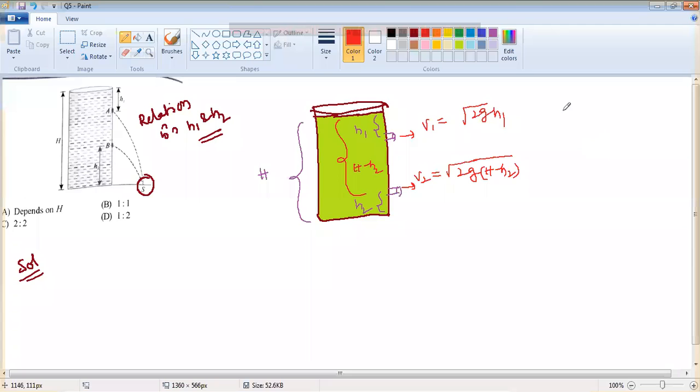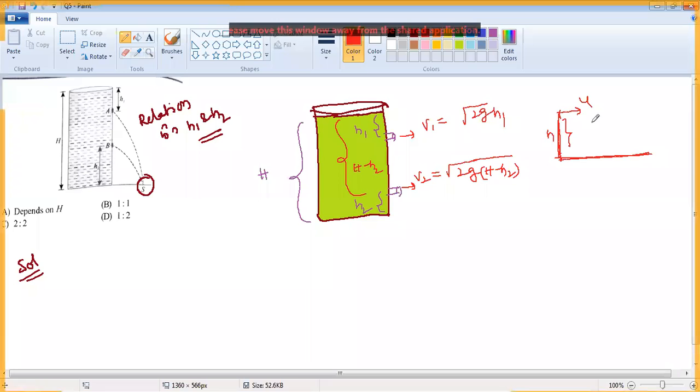I told you in the last class, again I'm telling here: this is like a horizontal projectile from the top of a tower. By projecting with velocity u from this height H, it reaches the ground at this point. This is called the range. The time taken to reach the bottom is root over 2h by g, because only the horizontal velocity is there initially and there is no vertical velocity. So the range equals u into root over 2h by g.